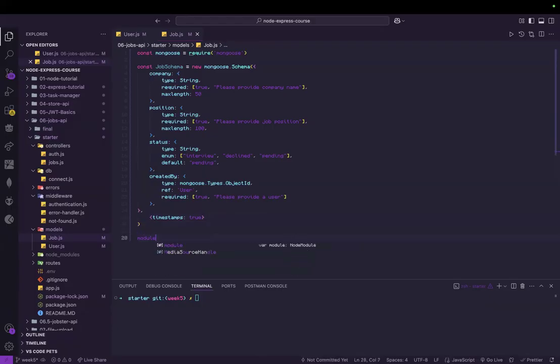Once again, module.exports equals mongoose.model. Of course, we're going to call it Job. It's going to reference our job schema that we just made. All right, there we go. Model's done. A lot of the more simple stuff, but